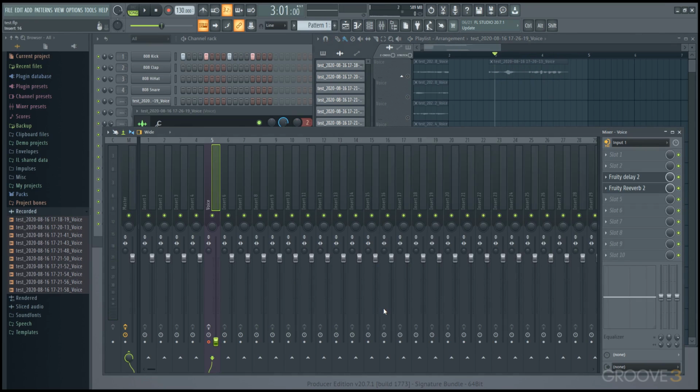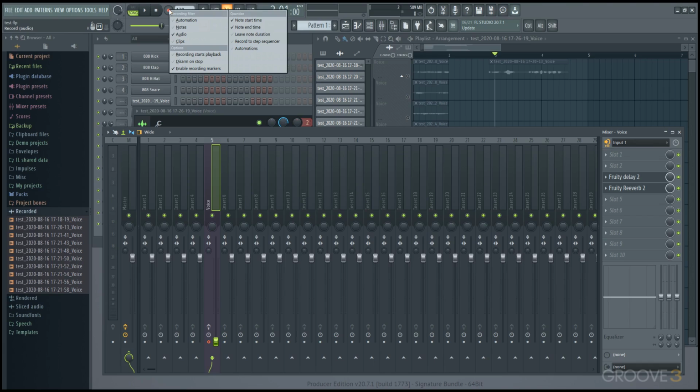So the recording itself is dry without any effects applied, but then it's going back into that same mixer track where the effects are that I originally heard because I had pre-selected here. And so it's a pretty simple setup as far as recording goes. Right-clicking on the recording button, you can see all of the different things that we had more or less for